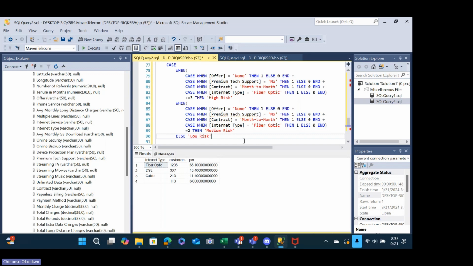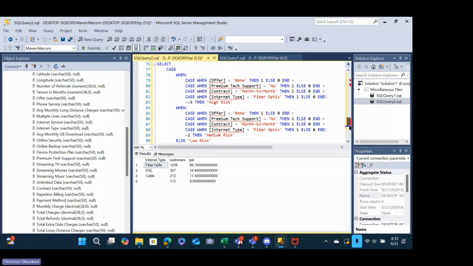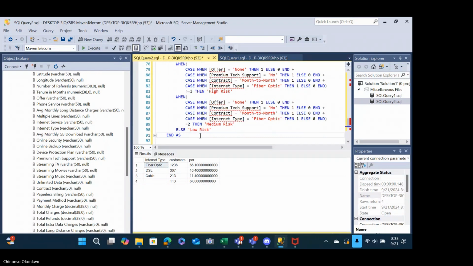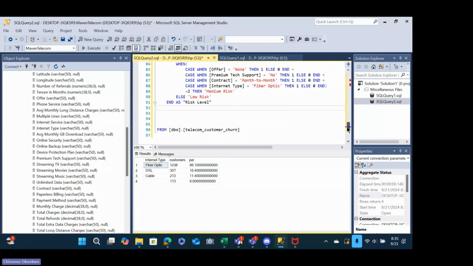Then we're going to end this as a new column. Let me call it customer risk or risk level. Let's just call it risk level. Right. So now I'm going to be selecting this from this table, but I want to see everything